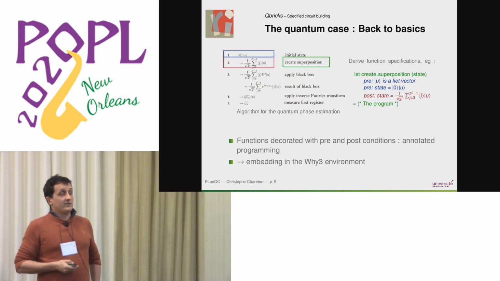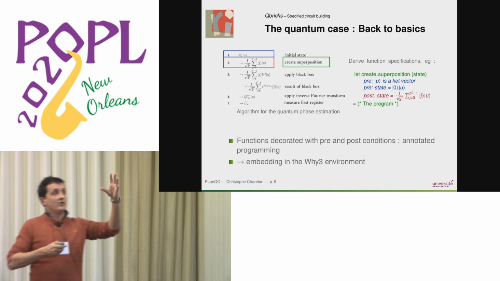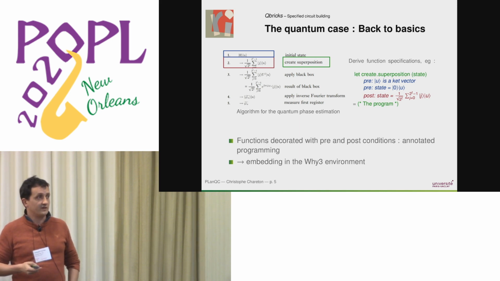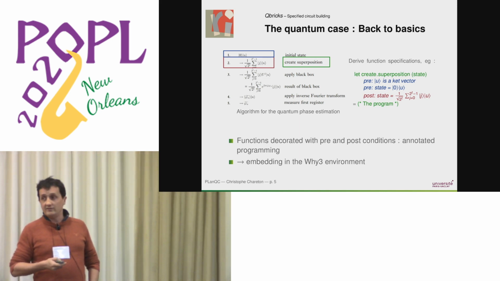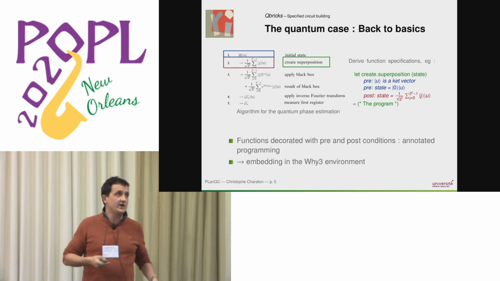And so we can write it in this kind of manner, with declarations of functions, their implementation, and in the very code, decorations with pre- and postconditions of the functions that we are writing. So this is called deductive verification. Then the compilation generates proof obligations that we have to fulfill.